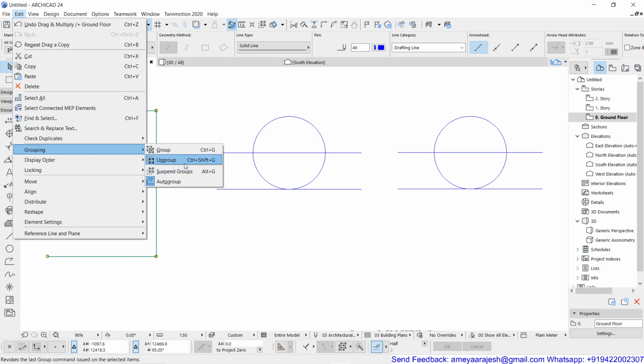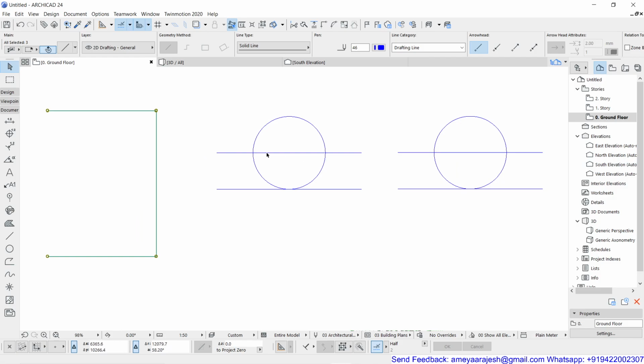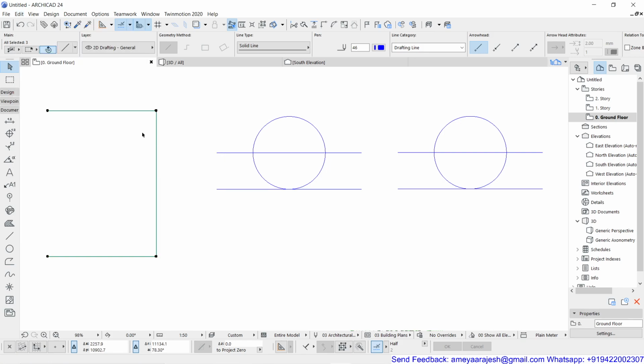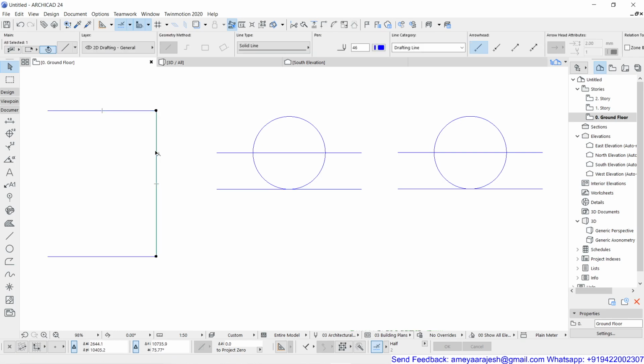Okay, so ungrouping will take your objects back to normal. That is nothing but you are going to say ungroup. For example, here I am going to say ungrouping, Control Shift G. Either I'll use the hotkey from the keyboard, or otherwise I can use this option directly from the pull-down menu. You will see now the group feature is removed. All the three lines are carrying solid nodes. So that's what happened. Now there are no more group members. Now I can individually select them and I can edit them individually, but the group feature is permanently removed.